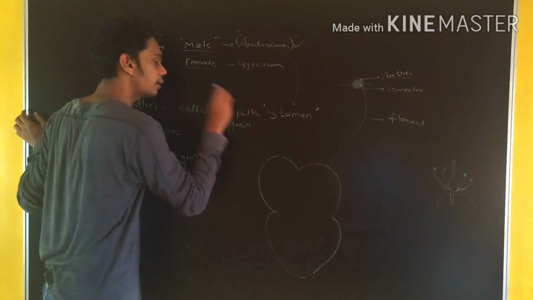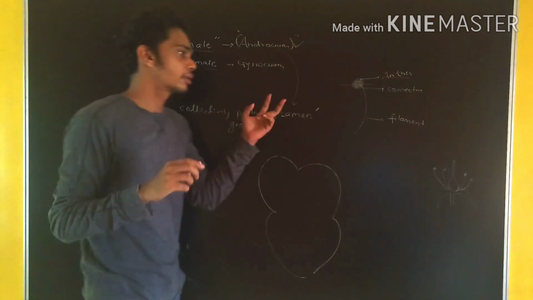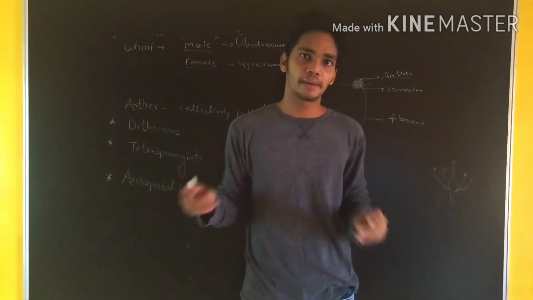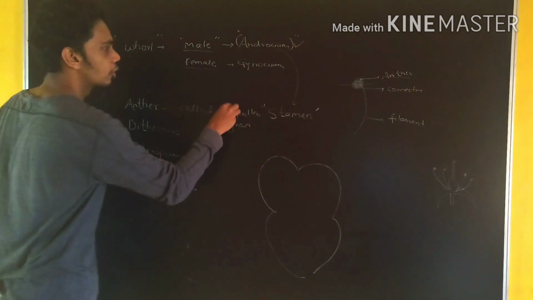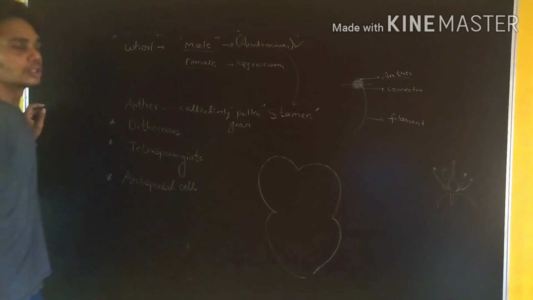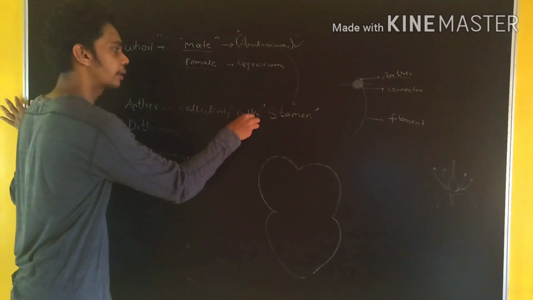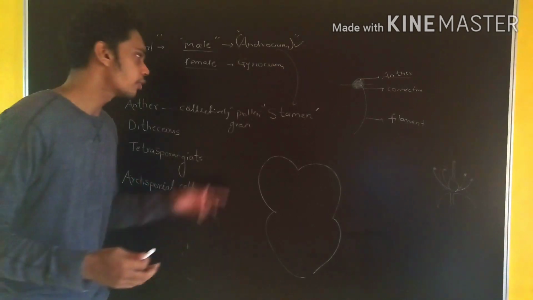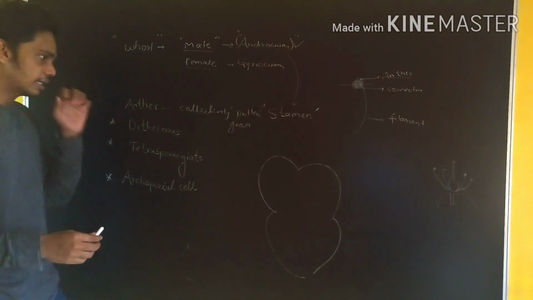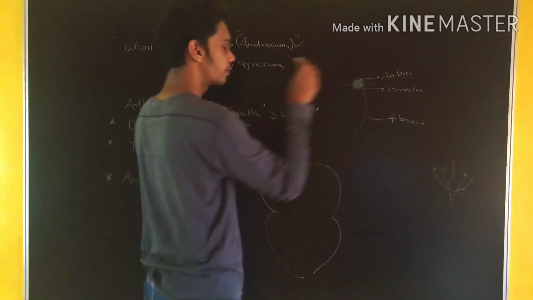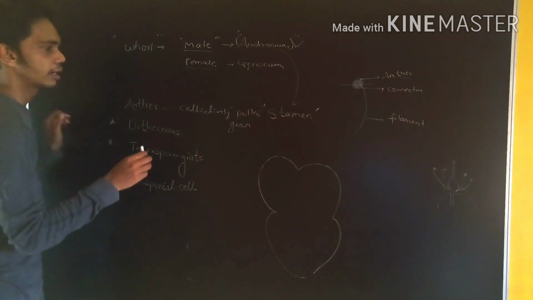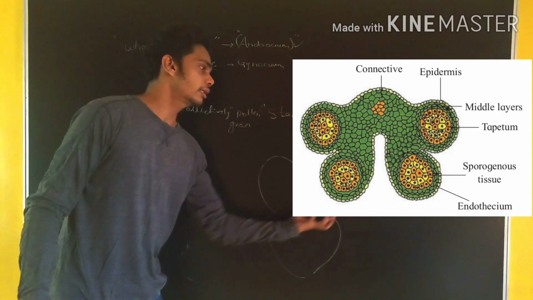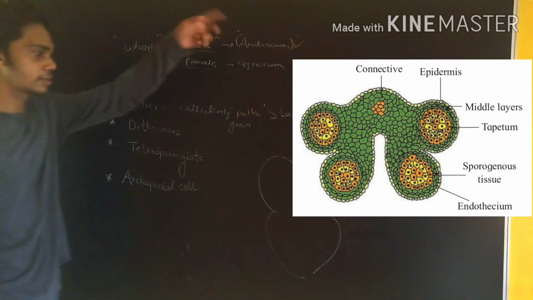In sexual reproduction, the plant requires a male gamete and a female gamete. The male gamete is nothing but the pollen grains. So the pollen grains are collectively present in the anther, because there are many pollen grains present. Anther is this part, which is a sac-like structure. So the anther is collectively having this. You can see it in the image as well.